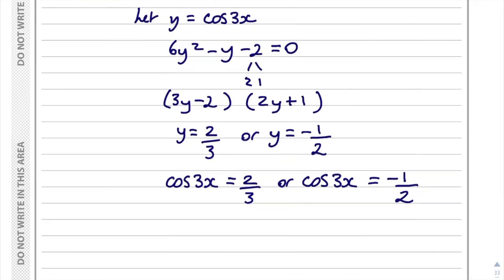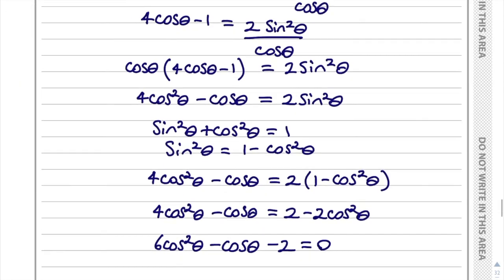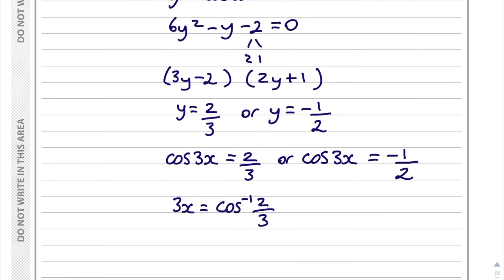So if we look at cos 3x equals 2/3, and we work out the inverse of cos, which is going to be 3x equals the inverse of cos of 2/3. So if I work that out on my calculator now, our angle is going to have to be in degrees, and we're looking for solutions between 0 and 90, so make sure your calculator is in degrees. So the inverse of cos of 2/3. Right, so I've got